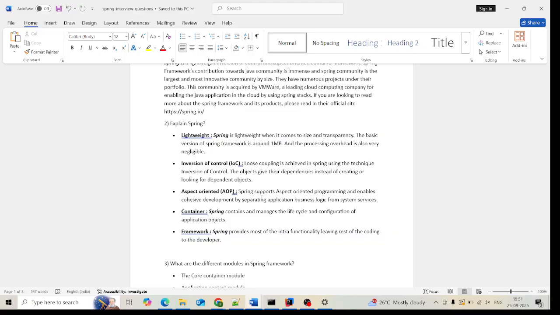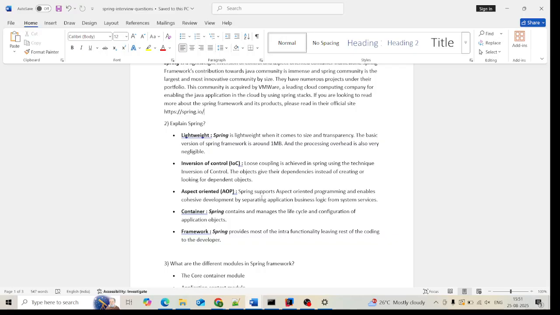We will get the objects of those Java classes. There are a few annotations too, which we will get to know a little later. Loose coupling is achieved in Spring through the technique of inversion of control: objects are given their dependencies instead of creating or looking for dependent objects, right?